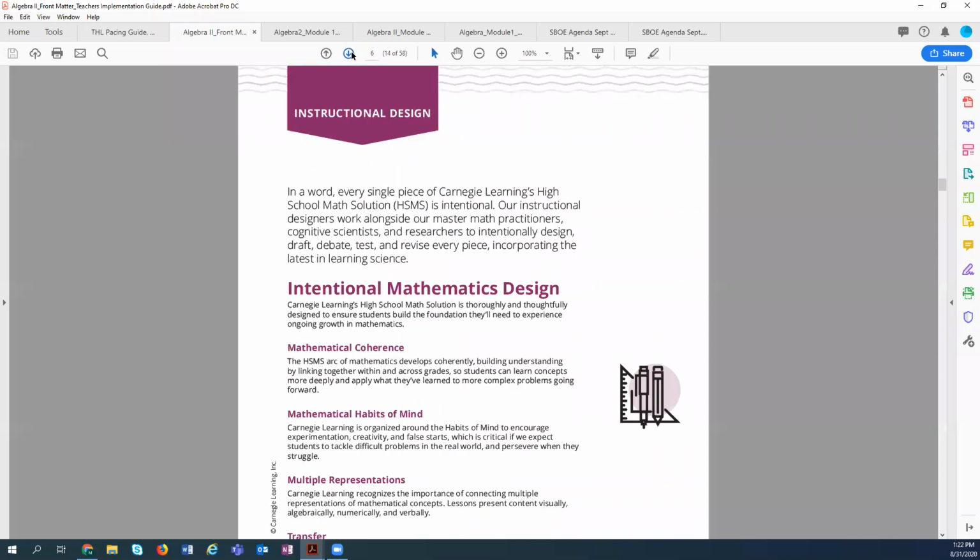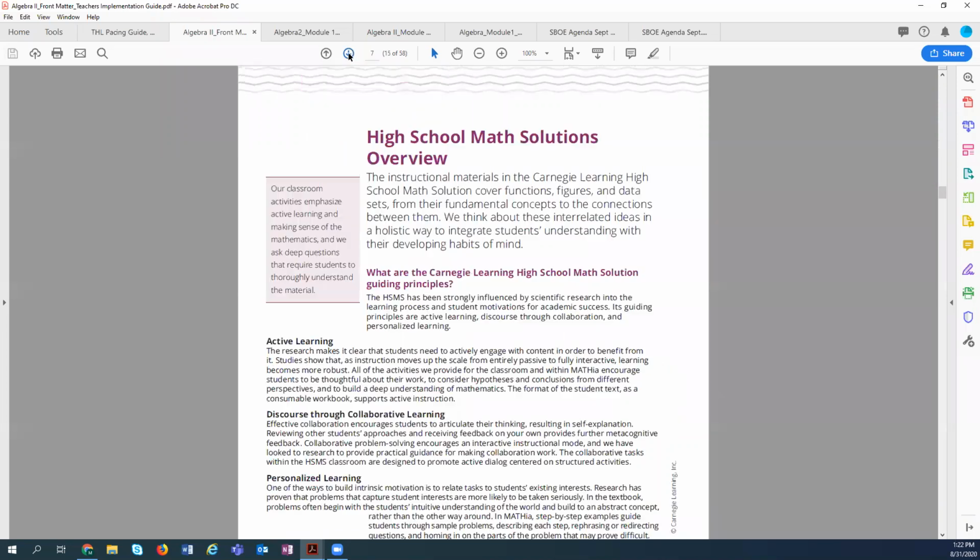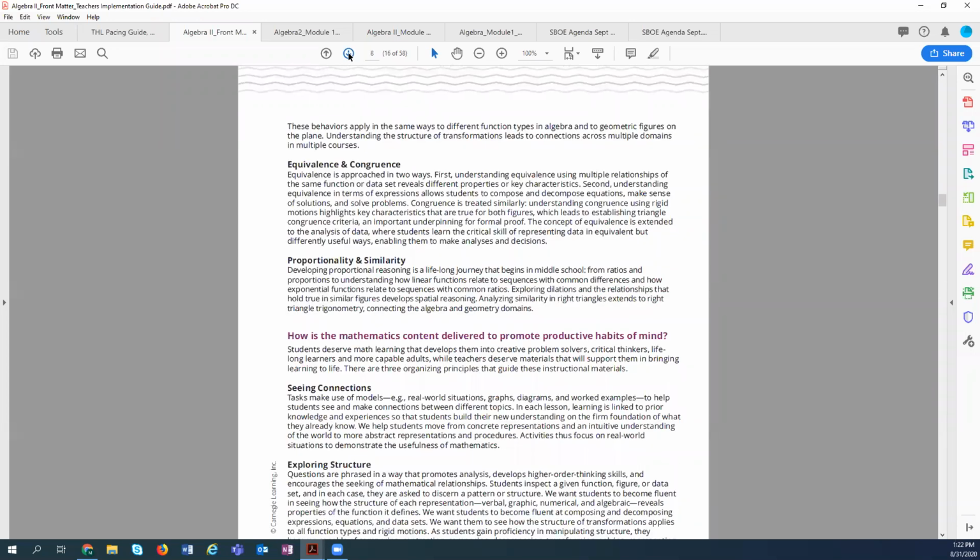Then working through here, some other pieces that I think are interesting to mention is about the design a little bit more, and then providing a lot of content information that's helpful for the course holistically.